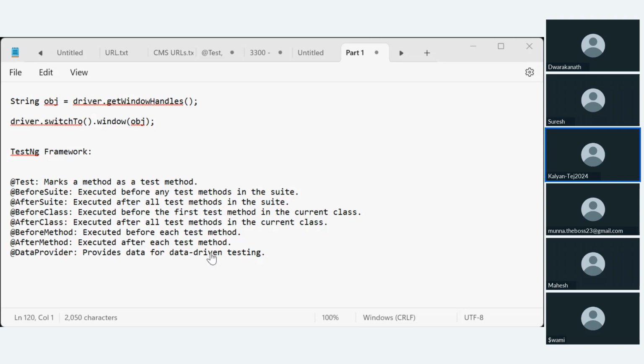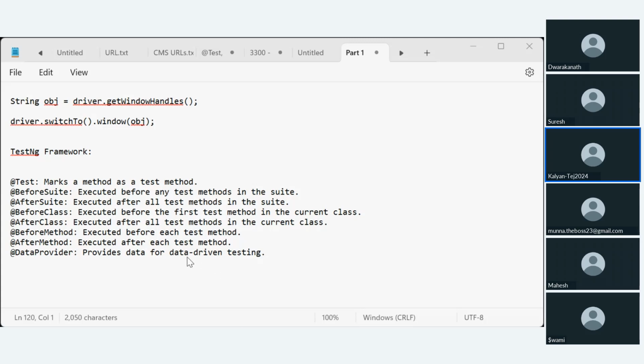As I told, swapping two numbers can be expected, and you can expect a Java program to copy all the elements from one array to another array, where you have to create two arrays, take input, and copy the numbers from one array to the other.